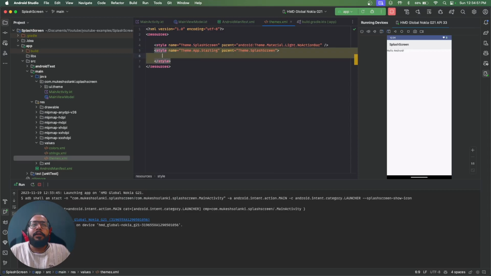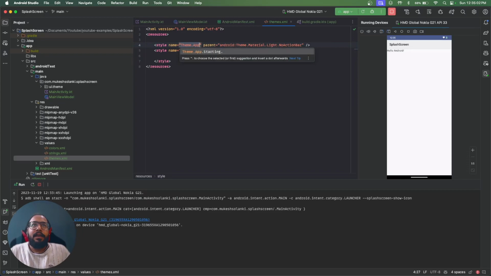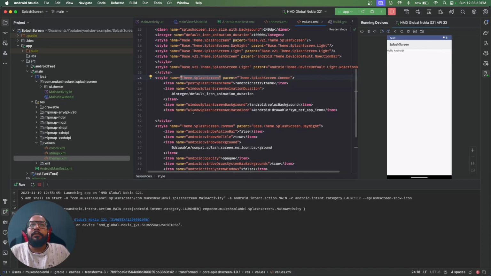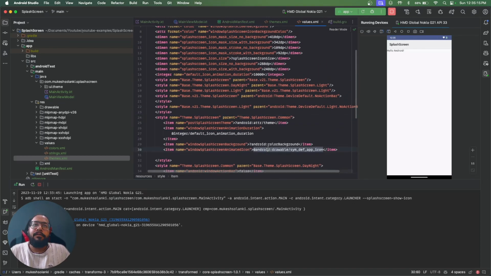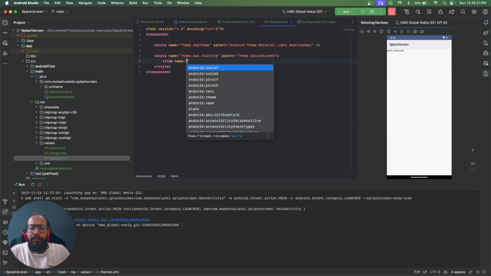Now, there is a problem here because our app is also called SplashScreen, and hence you see the theme as SplashScreen. We're going to change this. We're going to rename this and call it app theme so that we have a separation, because we don't want to use this theme over here. Instead, we want to use the SplashScreen theme that comes from within the Android system or the library that we have imported. All right. So next, we're going to add an item in this, and we're going to say